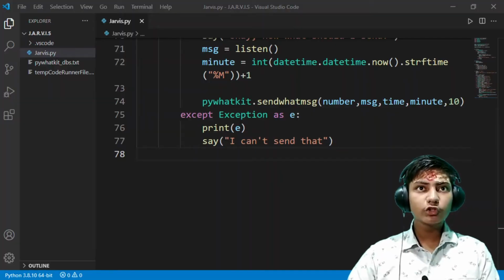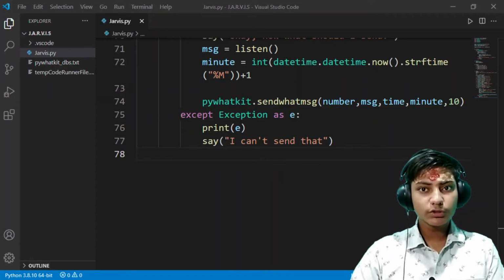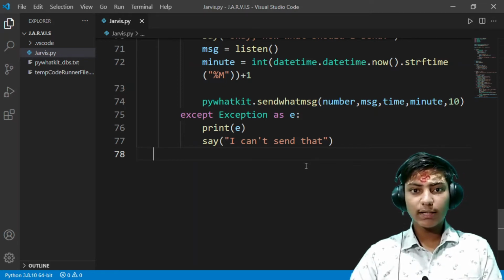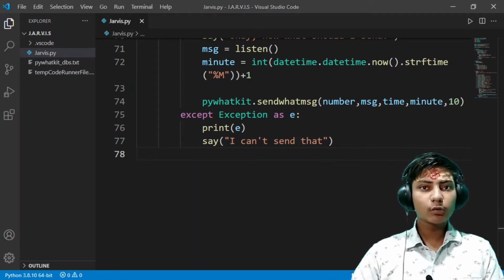So I'm back in my Visual Studio Code. Here I am to send an email. So we have to use the PyWhatKit module to send an email. Before that, come back to your Google Chrome